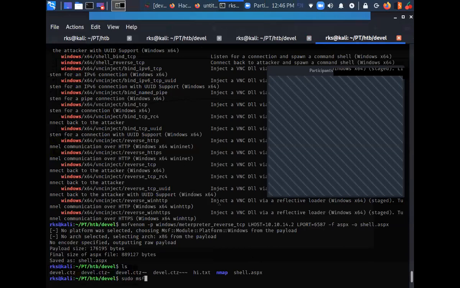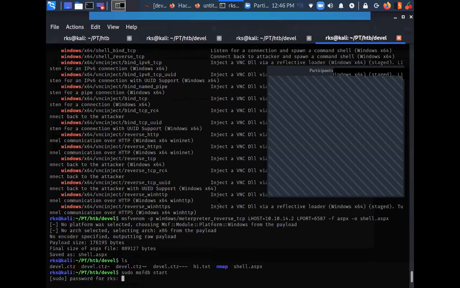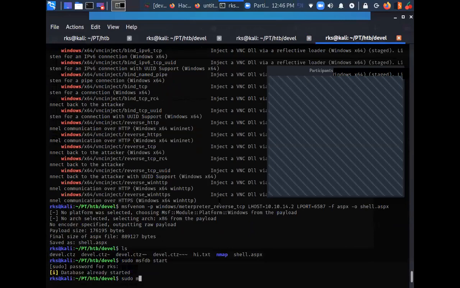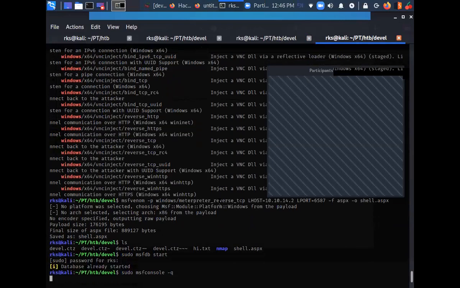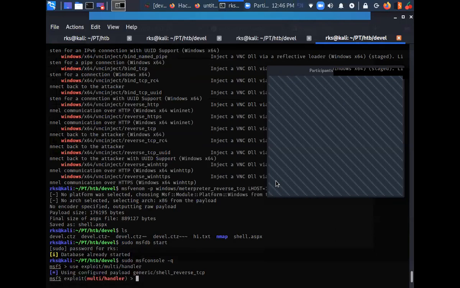Let's start Metasploit. Let's use exploit multi handler.